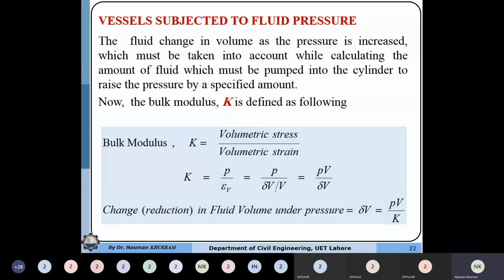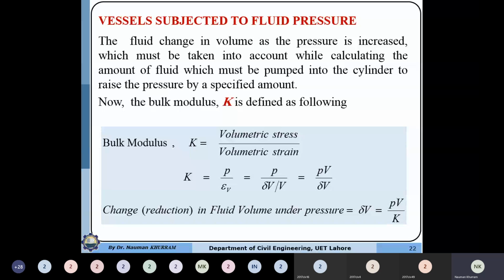If the cylinder has a volume of, maybe you can say, 1000 ml or mm cube, it doesn't mean that you can pour fluid equal to 1000 mm cube. Maybe we need to pour more, because when we are injecting the fluid at a certain pressure, the volume of the fluid may be less than 1000. It means that the cylinder will be a little bit empty. Maybe the actual volume may be 900 ml. So we need to inject 100 ml more to maintain the pressure.